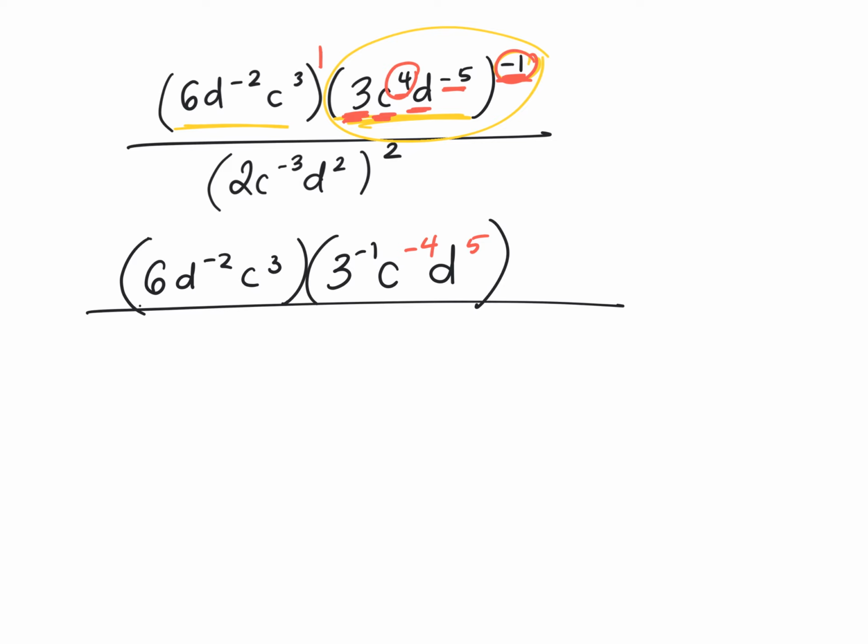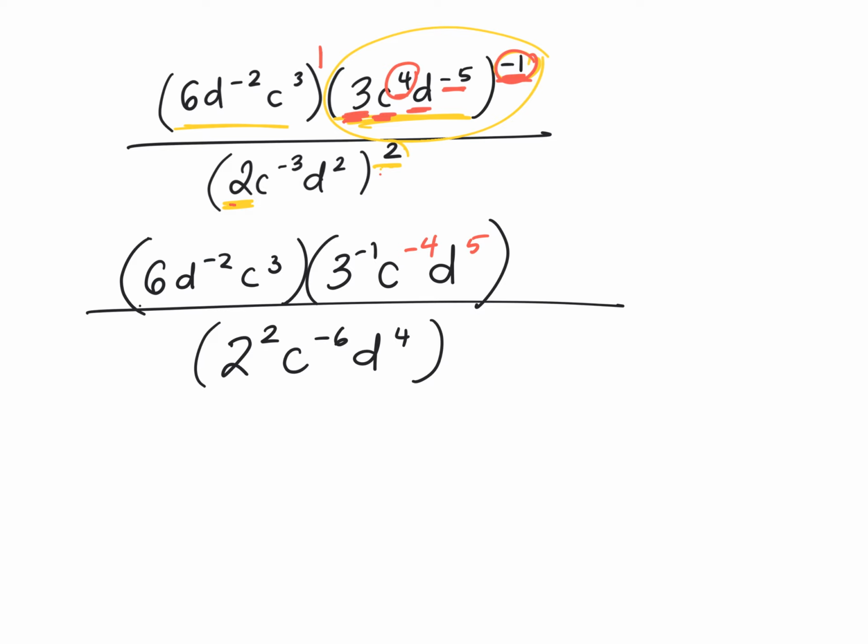And then let's do this power of a power. It's everything to the power of 2. It's 2 to the power of 2, then c to the power of negative 6, and d to the power of 4. Perfect. Okay, so now everything's no longer a power of a power. Yeah. We are going to